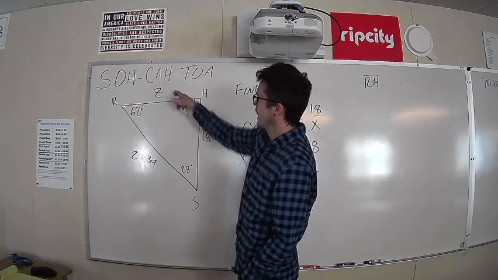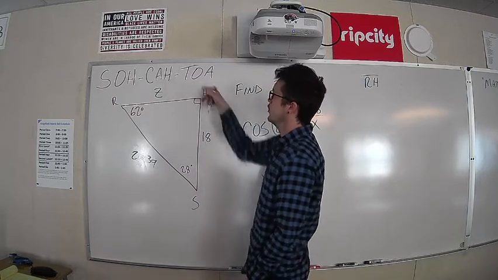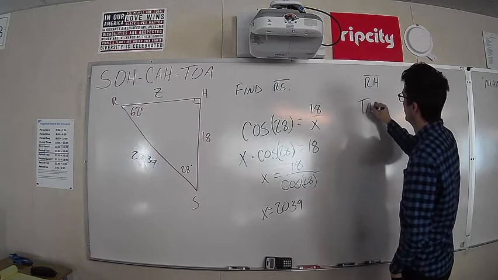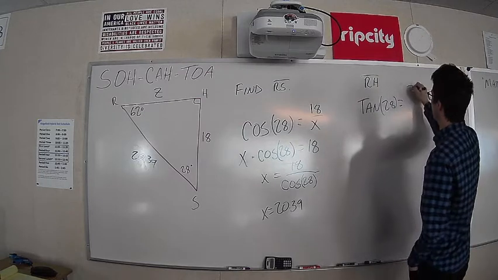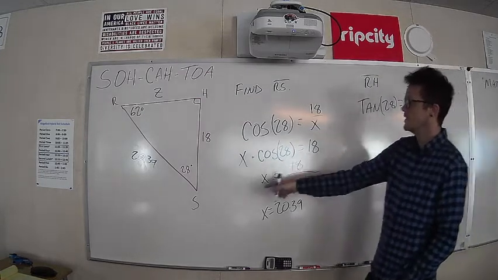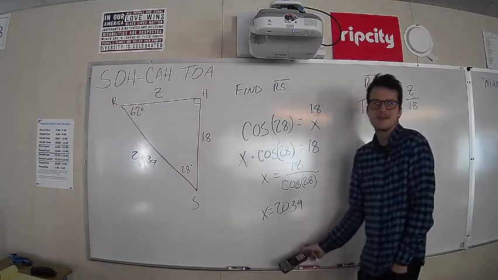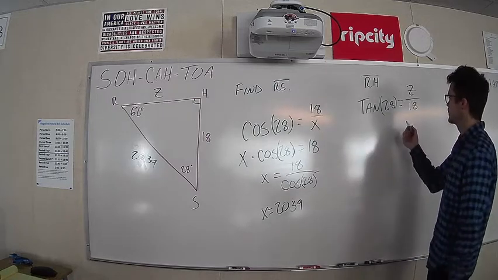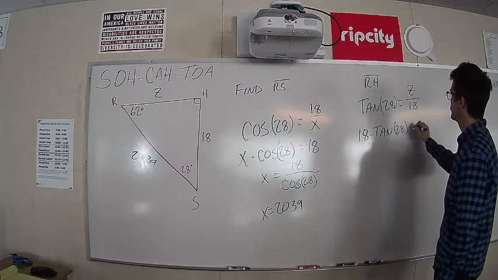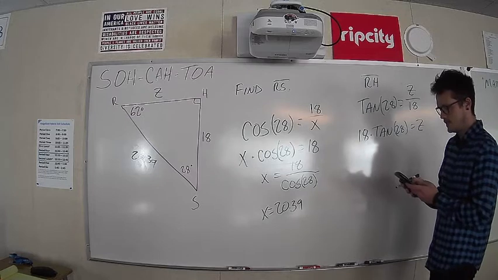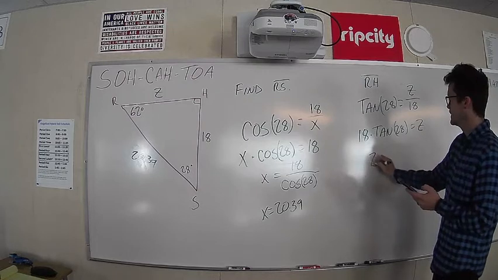So this time we're looking at the opposite side and an adjacent side here. So opposite and adjacent, that's tangent, TOA here. So we're going to do tan of 28 degrees equals the opposite side, which in this case we're calling z, over the adjacent side, which is 18. So this is the first time we're using tangent, but we're solving it the exact same way. We're just doing a little algebra and number crunching in the calculator. Multiply both sides by 18. Tan 28 times 18 equals z. Calculator time, 18 times tangent of 28. Close my parenthesis, and we learn that z equals